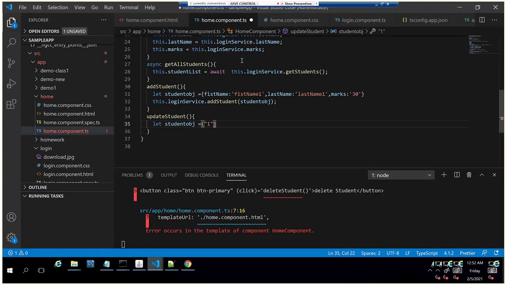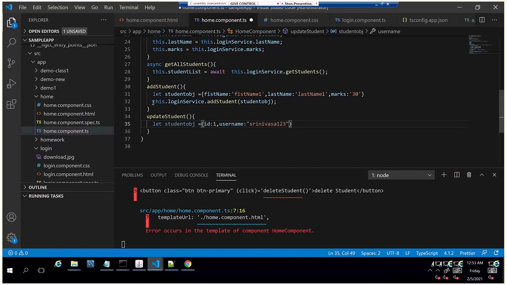Student object I am creating. Since it's a number, it is not required actually, this is an integer. Now I'll add username, Srinivas123.